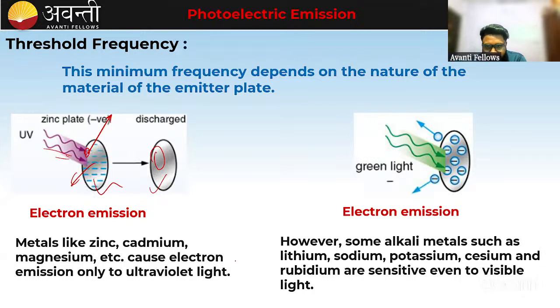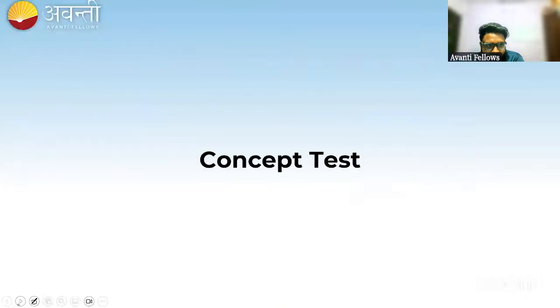तो यहाँ से ही आप कह सकते हो सब अल्कली मेटल्स हैं, लिथियम, सोडियम, पोटेशियम अल्कली मेटल हैं। पोटेशियम, सीजियम एंड रुबिडियम आर सेंसिटिव इवन टू द विजिबल लाइट। तो अब इन्हें विजिबल लाइट में रख दोगे तो खाली पड़ जाएंगे क्योंकि इलेक्ट्रॉन्स आर इमिटेड। एंड ऑल्सो रुबिडियम की बात करें तो ये तो रेडियो एक्टिव एलिमेंट भी है ना।